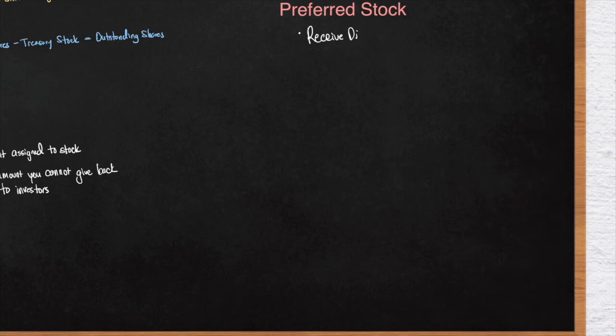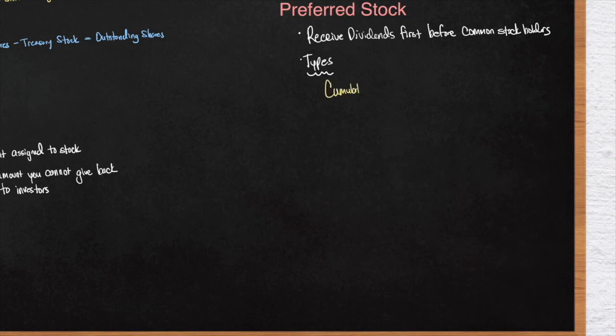Before we do, in general, preferred stock receives dividends. Remember, dividends are payments back to the investors. So preferred stock shareholders receive their dividends before common stock shareholders, and if there's anything left over, then it goes to common stock. Let's say the board of directors declares dividends. Again, it first goes to preferred stock, and if there's anything left over, it goes to the common stock shareholders.